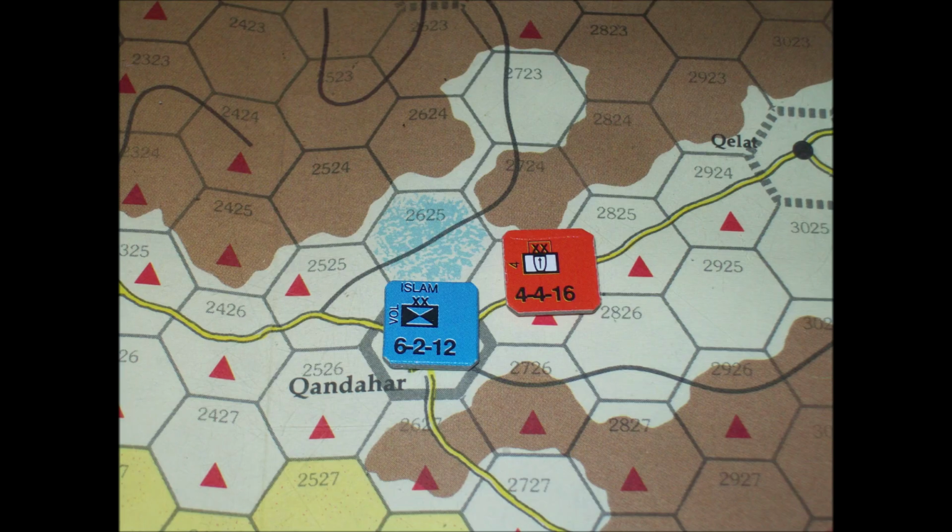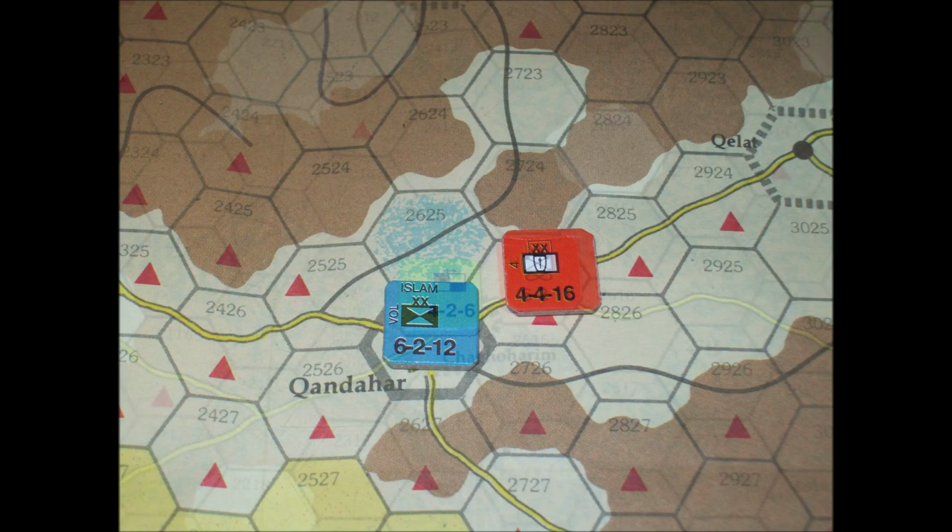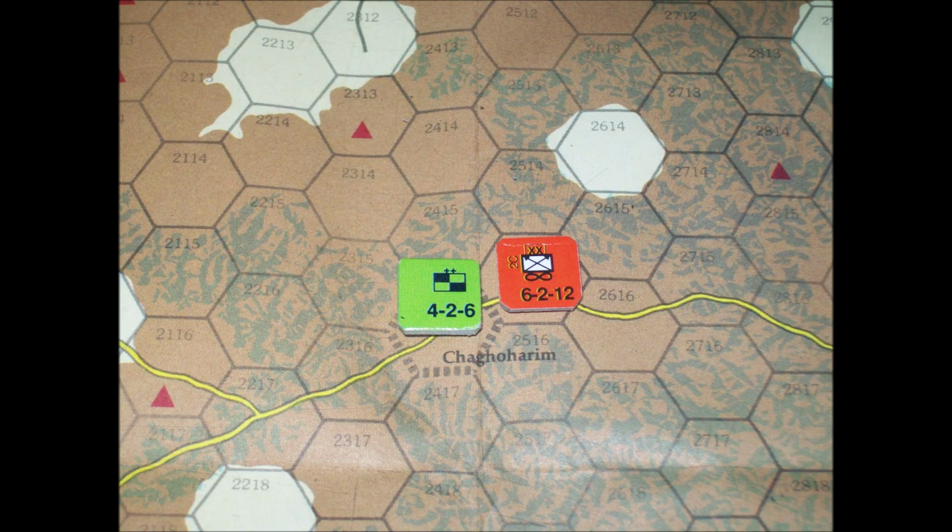Then the Afghani government used commandos to try to dislodge the cadre in the Kush, and the resistance cadre ended up using the guerrilla combat results table and was able to escape. Then the commandos followed, but ran into some opposition in Chaghcharan, but despite the failure of all of this, the cadre is now dislodged from the populated area, and it's not going to be able to mobilize until it can reestablish itself. So it was somewhat successful.